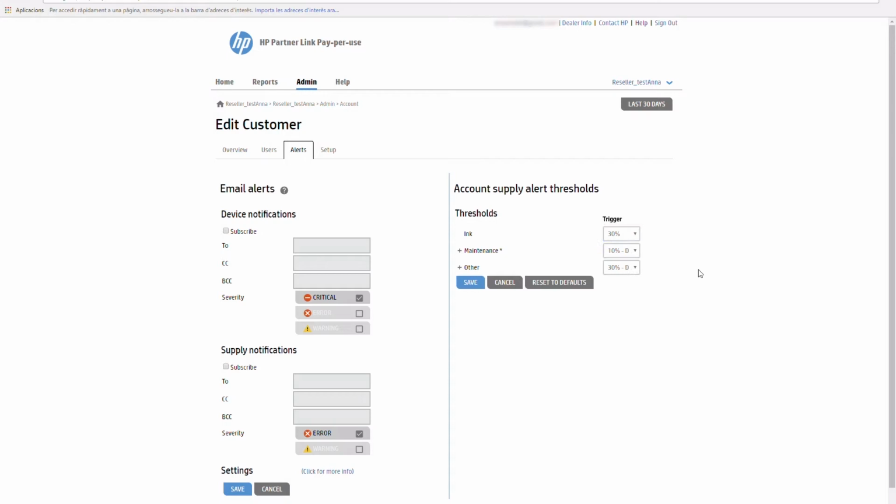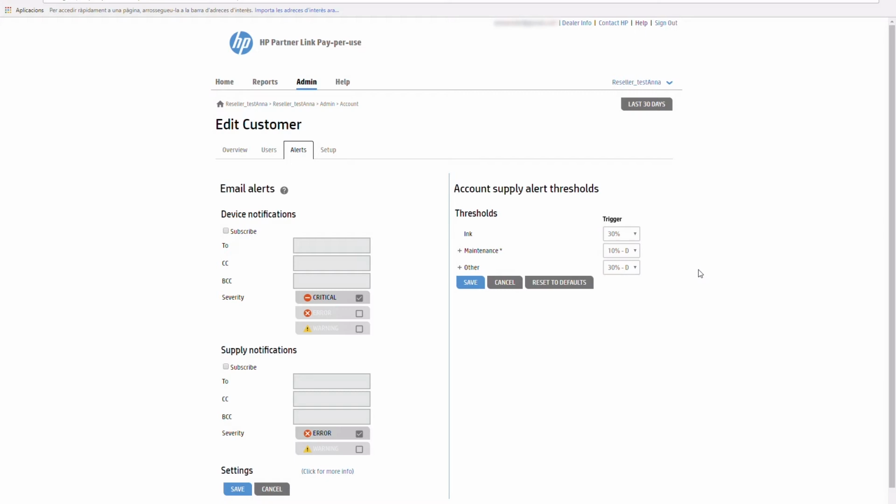To change the threshold for each client, you will need to access each client's dashboard and click on the Alert Subscription section. If you want to change the threshold by the printer, you will need to access the details in the usage chart in each printer. We will show you more details on how it is done later in this video.